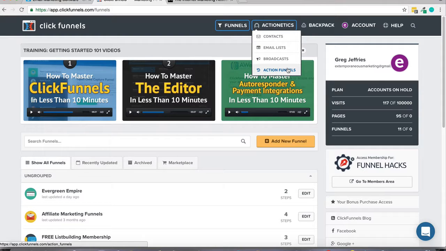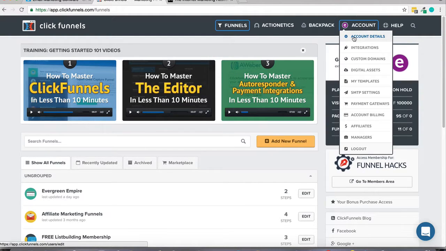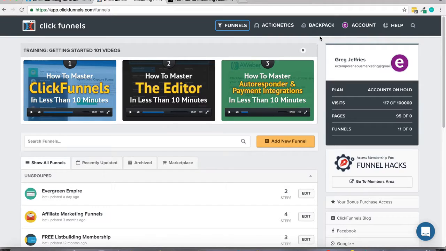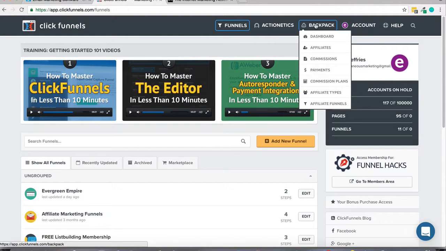That's a solution that tools like Lead Pages also have, but it's very easy to use in ClickFunnels as well. So if you're giving away a free report, you can have ClickFunnels automatically send your prospect that report or some kind of download, whatever lead magnet you choose, as soon as they opt in. It also has the ability to host your own affiliate program.